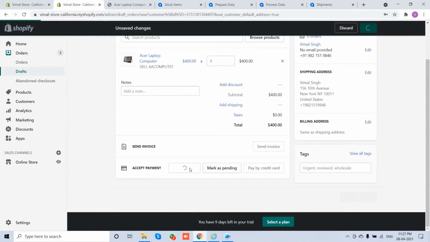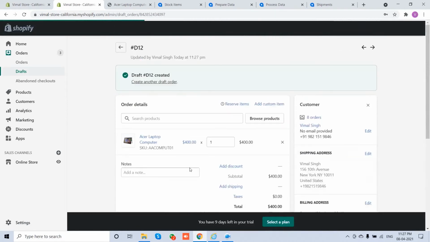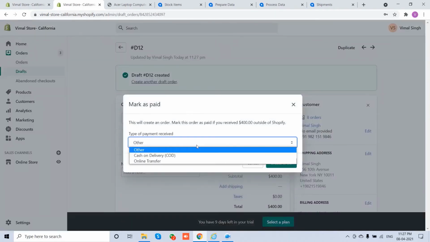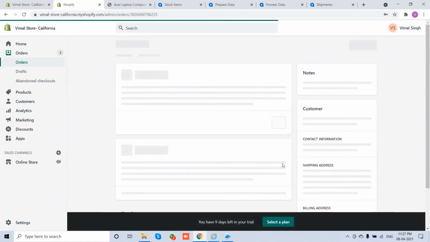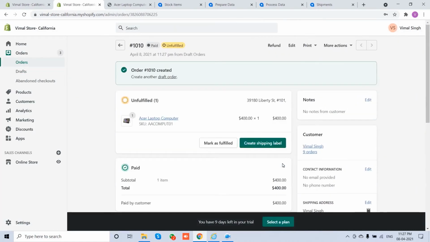Let's receive the payment from the customer. Let's say it's an online transfer. Okay, now we have created a new sales order 1010, which is unfulfilled and paid.